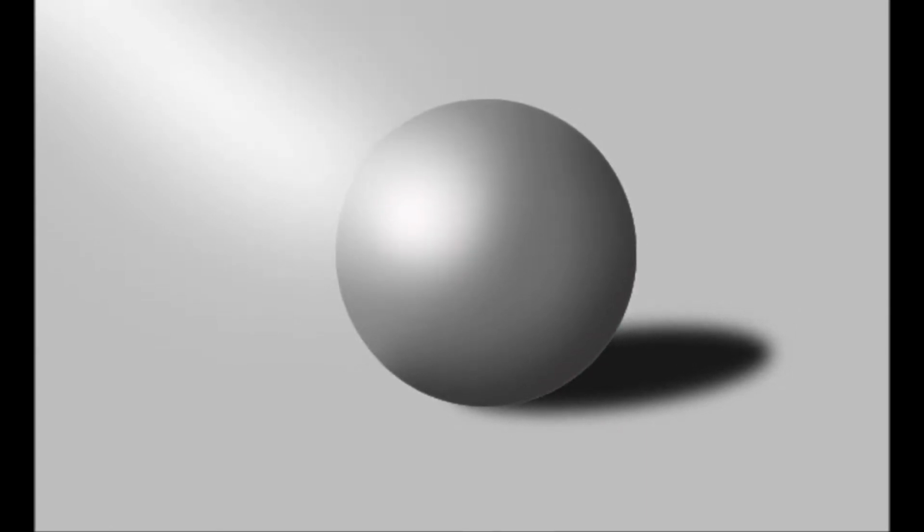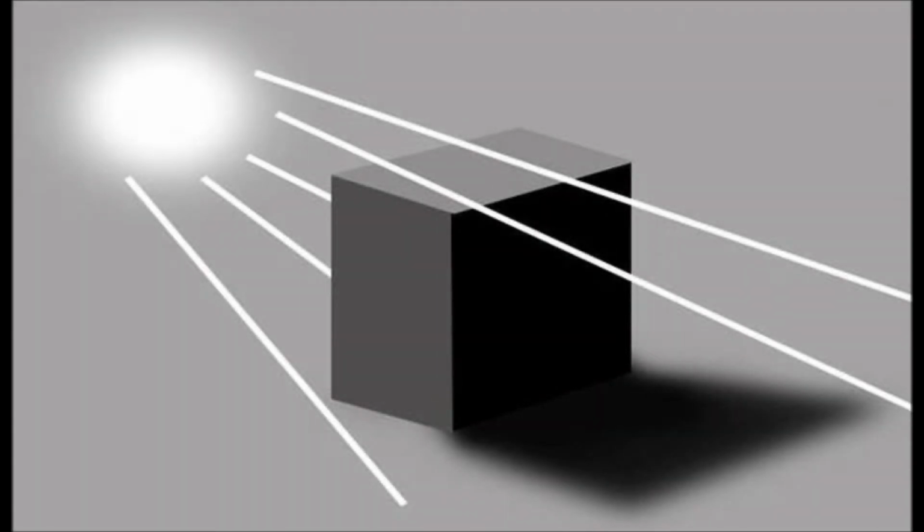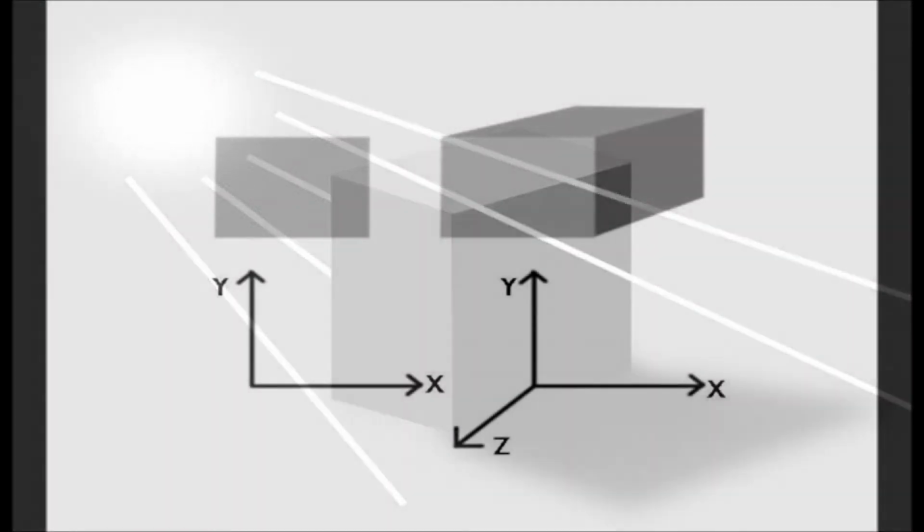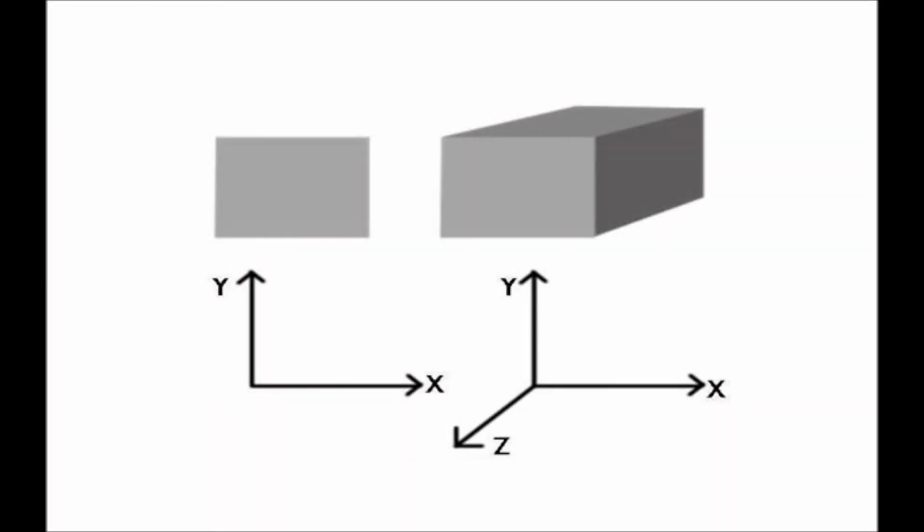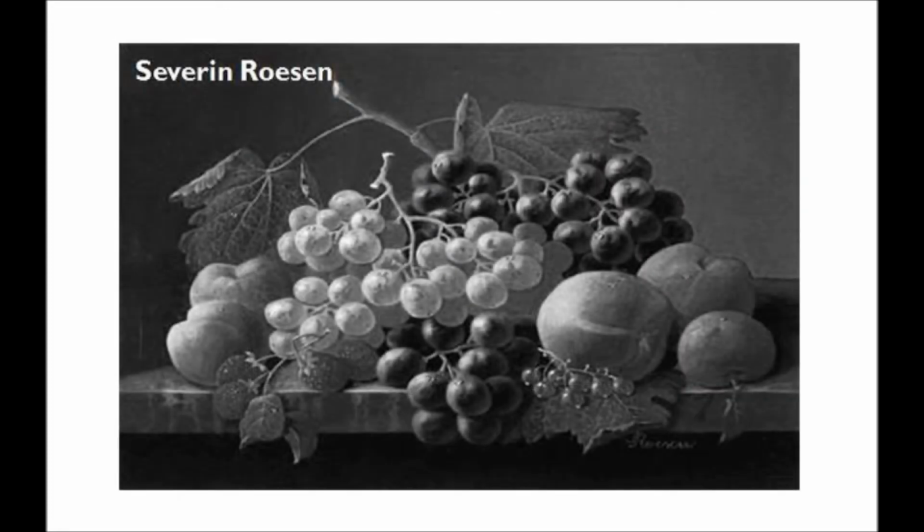Value is the relative lightness or darkness of a color. The value of a color on an object helps us understand its form. It also helps create a spatial illusion, which means when we need to create an illusion of different angle, dimension, depth, etc. on a 2D plane, such as paper or computer screen, while making different objects or environments, value helps a lot. Contrast of value of an object separates it from space.